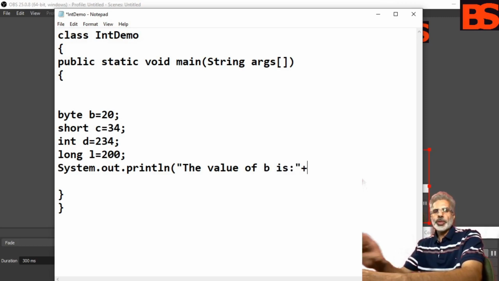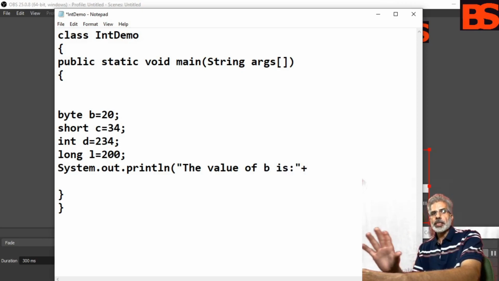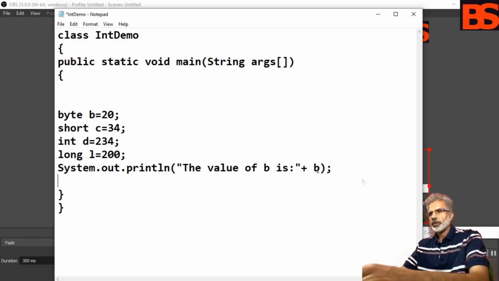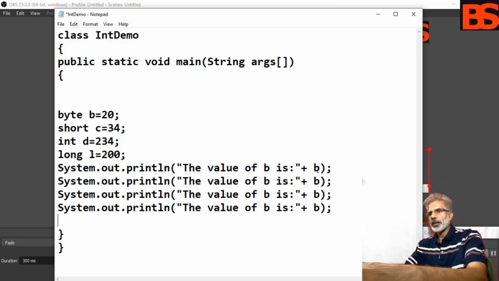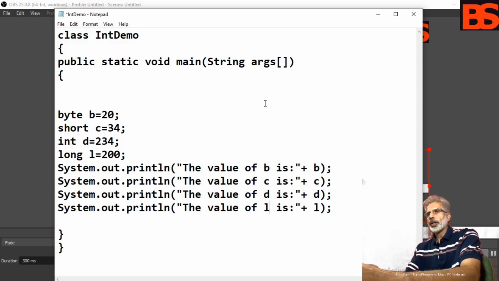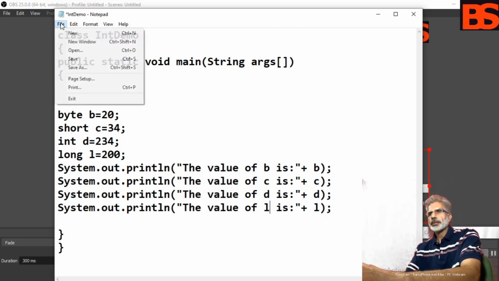You can use plus here, which means string concatenation. So you can copy and paste, and you can use C, D and L. Okay, let's save it.